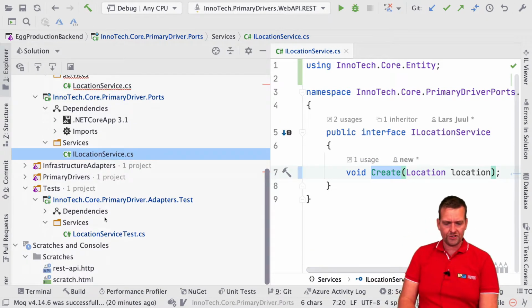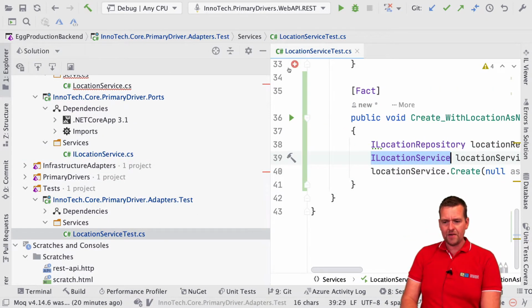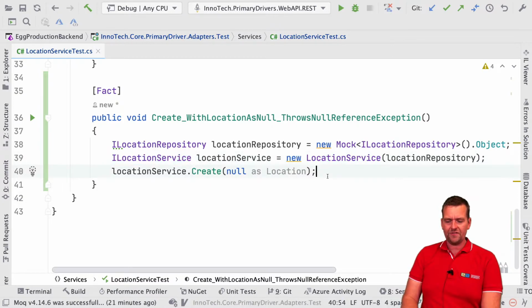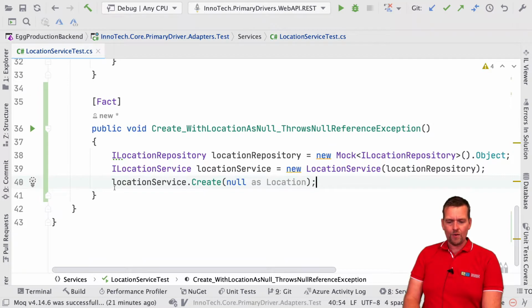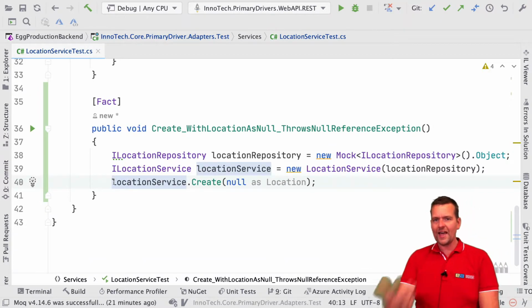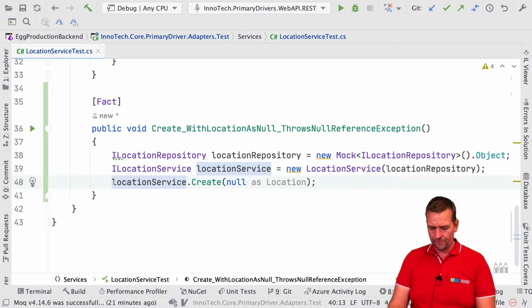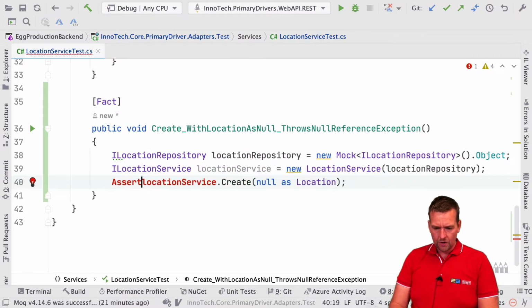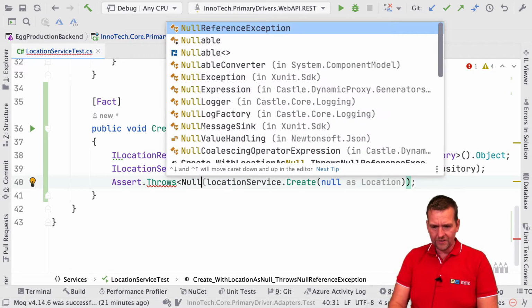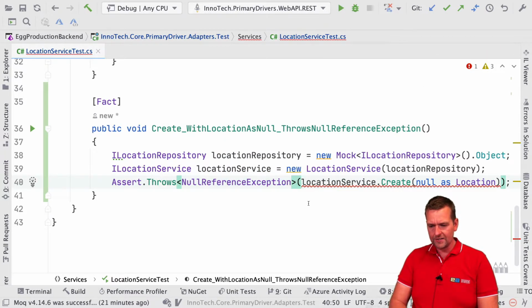Okay, let's go back to our unit test. So our unit test actually passes right now, which is perfectly fine. I pass in null, and then the final thing, like we did before, I want to just make sure that when this happens, it should throw an exception. So let's try and do an Assert.Throws of the exception NullReferenceException in my case, and then